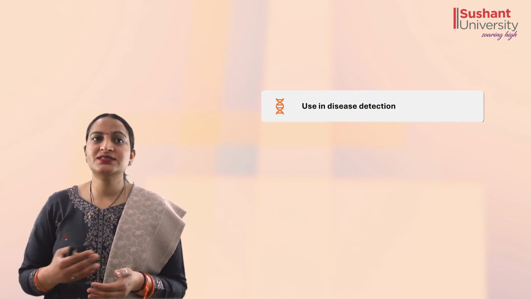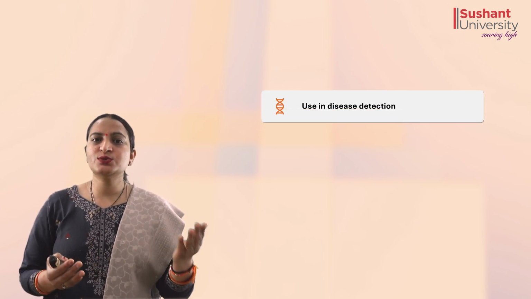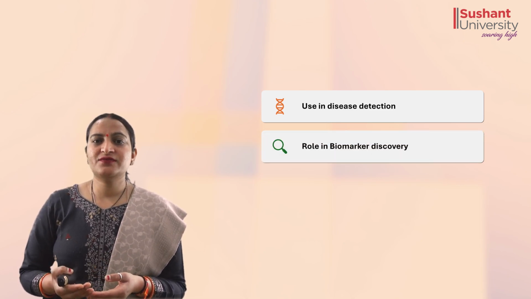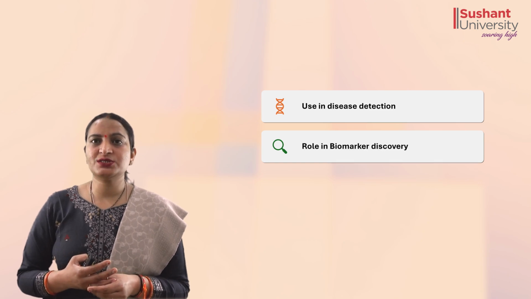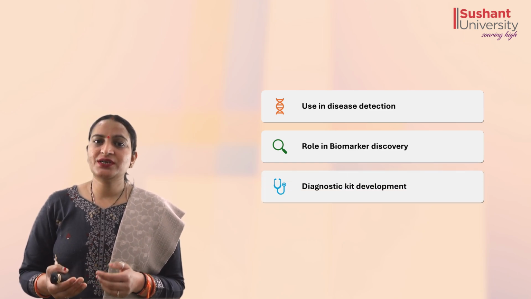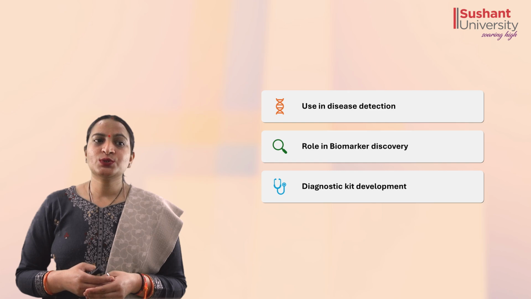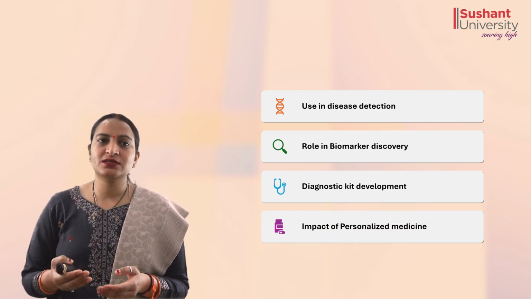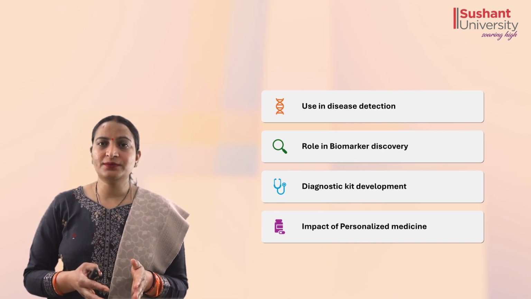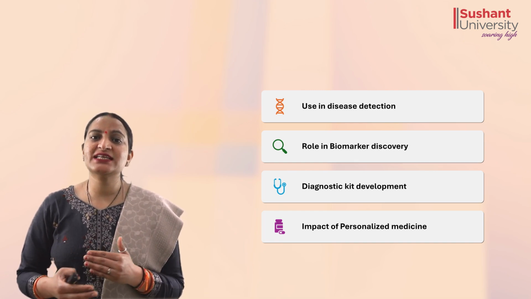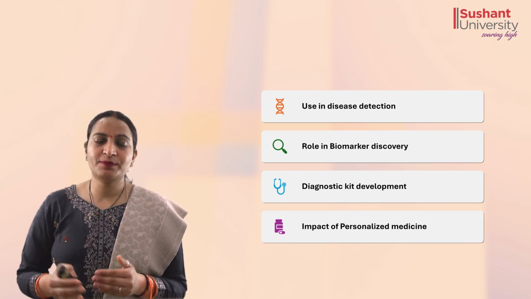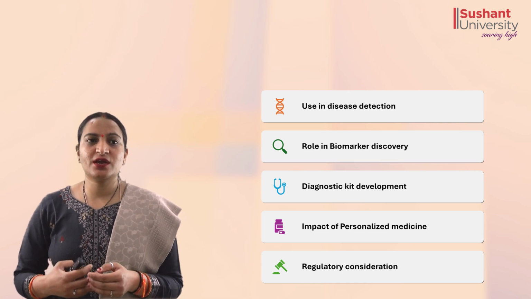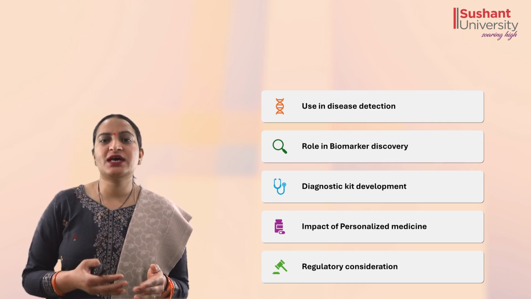Next, I'll be covering the diagnostic applications of this hybridoma technology. We can detect various diseases like cancer, lupus, and so on using these monoclonal antibodies or hybridoma technology. Next, biomarker discovery can also be implemented using these diagnostic applications. Immunoassays can be generated using these monoclonal antibodies too. Next, it has a very good future perspective effect on personalized medicine. In coming future, we can employ this hybridoma technology for personalized medicines, for personalized treatment of a specific disease. So regulatory considerations we also need to take care of during the implementation of this hybridoma technology.